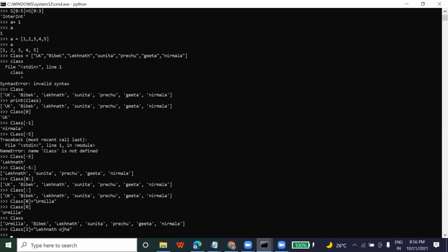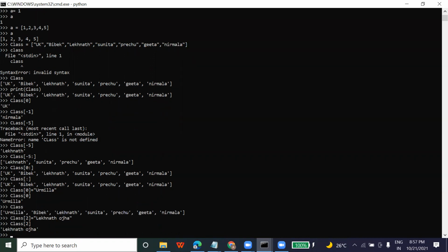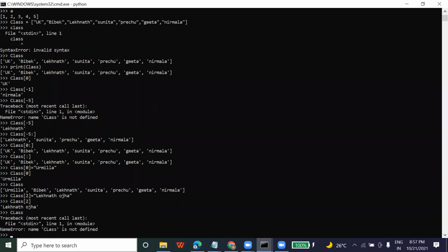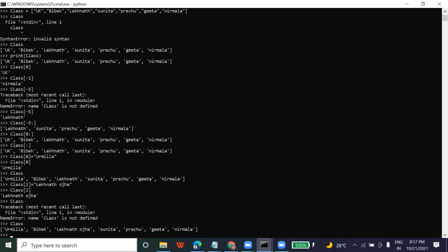Right? Now I will check class 2 and you can see here it's coming. Now I will type class. Okay, sorry, I took the L capital. You can see here it's changed. So mutable. Always remember list is mutable, that you can change it.